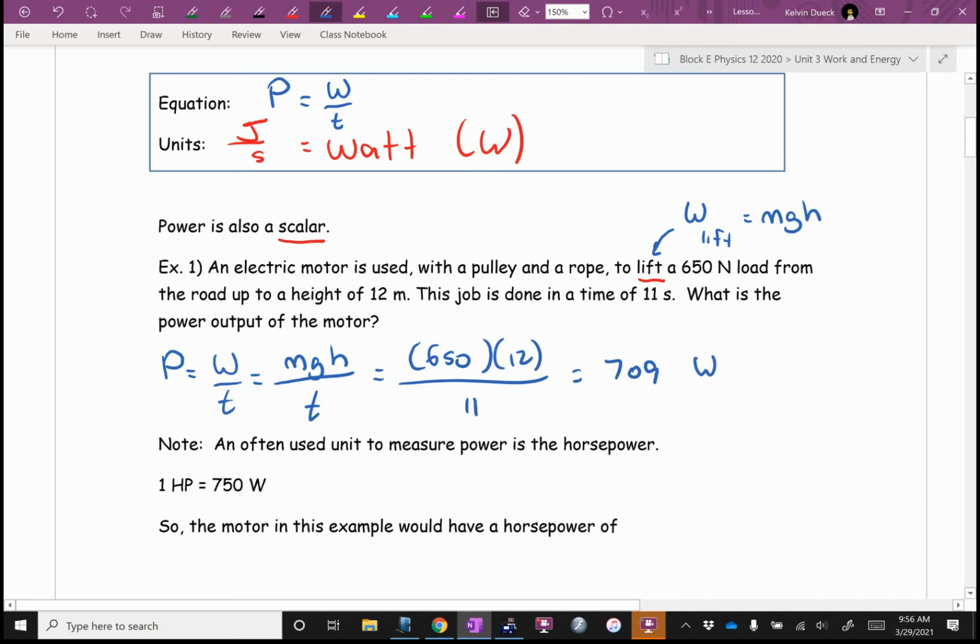If you need the job done in less than 11 seconds, you cannot. You need a bigger motor, a motor that is capable of putting out more power. You can do it slower, just don't run the motor at full speed, full throttle. So this is kind of a whatever, but you could also solve for time. How would I get the t by itself in this power equation?